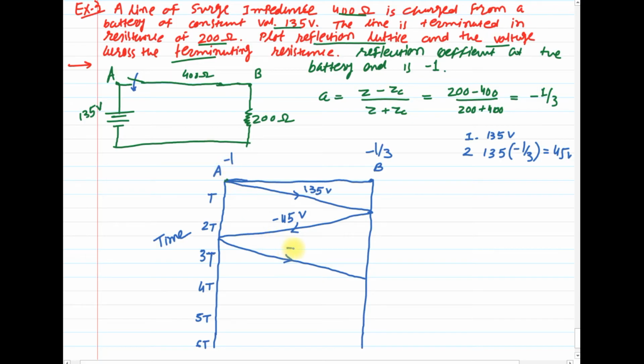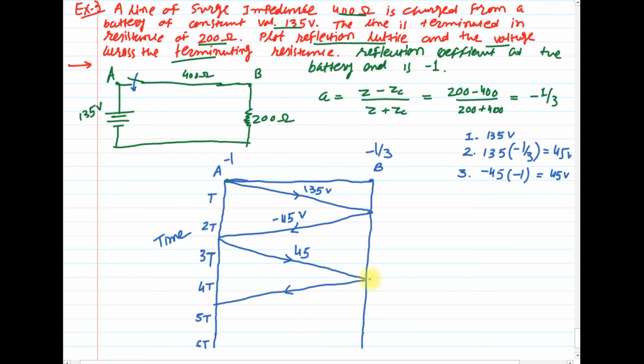So now it will become minus 45 into minus 1. If you wish, you can write at the third step, minus 45 volt multiplied with the reflection coefficient at the battery end, which is minus 1. So here the answer is 45 volt. Next, I will just write the magnitude. Yes, the unit remains the same, which is volt. Clear? Next, again it will be reflected back to the battery side.